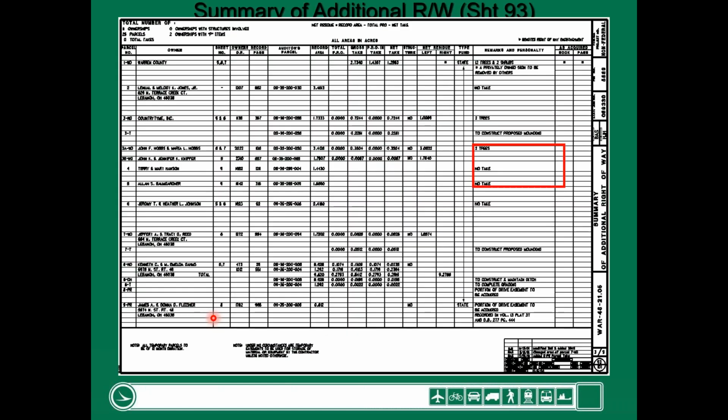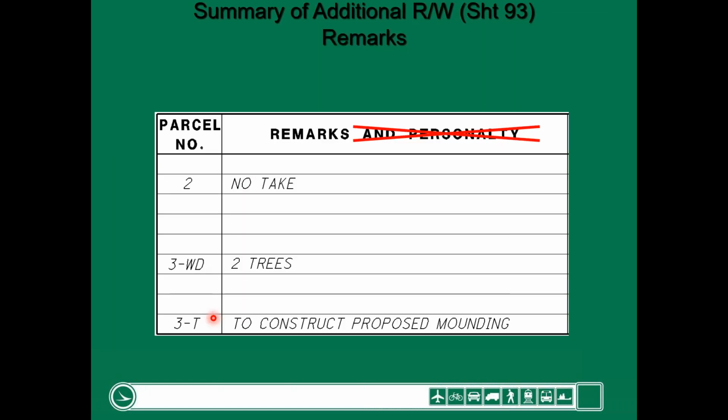our right-of-way. Some other things that get shown in the remarks column: if you happen to have a parcel that doesn't have a take, we numbered it, but we're not acquiring anything, the designer will put in there no take. Again, we already went over trees, and you got to look closely. Sometimes this is removal of trees, and other times it's proposed trees. And in this project, I think a lot of these are actually proposed because of the landscape plan.